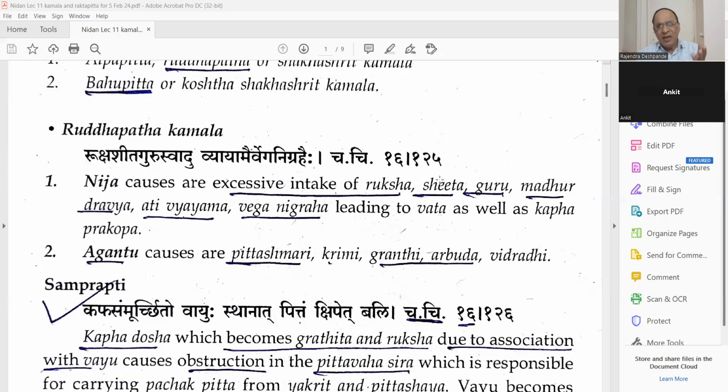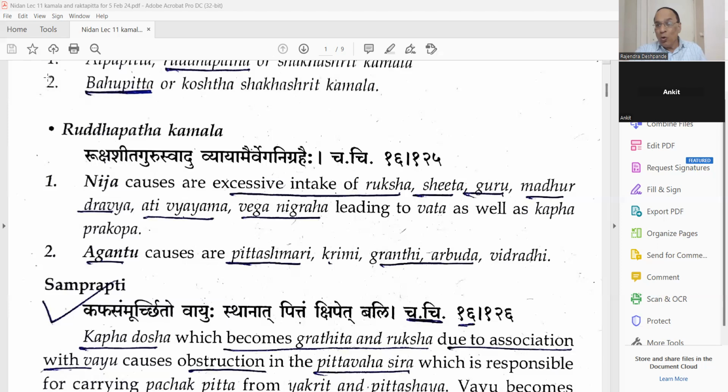Again, the problem is that you are destroying your brain signals. Try to understand what is happening. Your brain has the thirst center, and the food center is in the hypothalamus. So those centers, the neurons, get damaged because the person is not reacting to the stimulus. So the nervous system is damaged because of this Vega Dharana. That is the Ayurveda Vata problem. Vata Prakopa will take place.